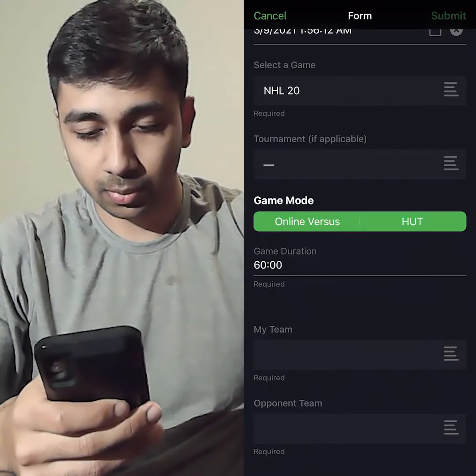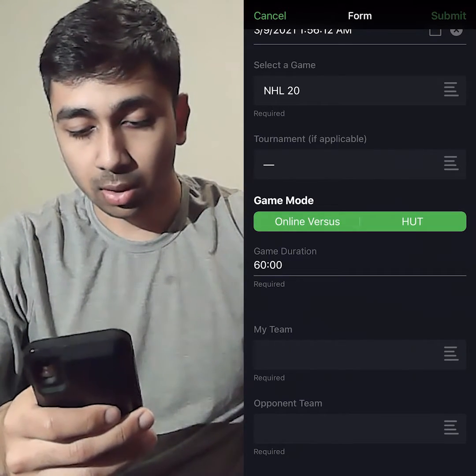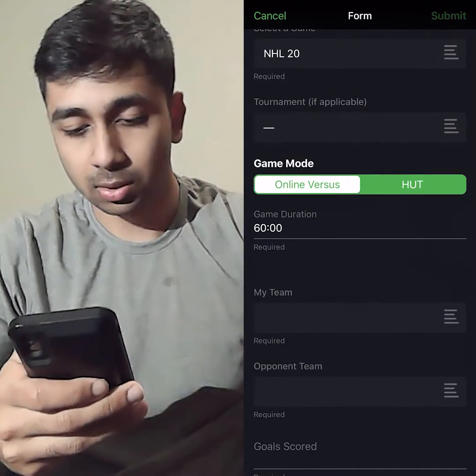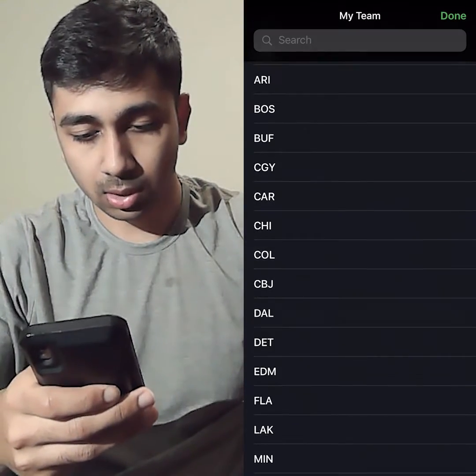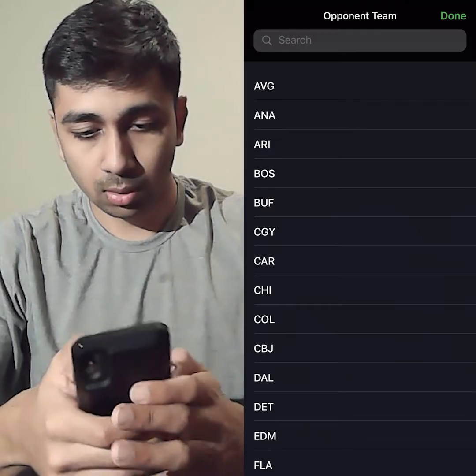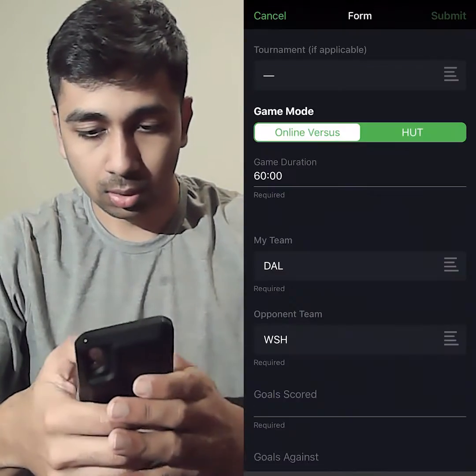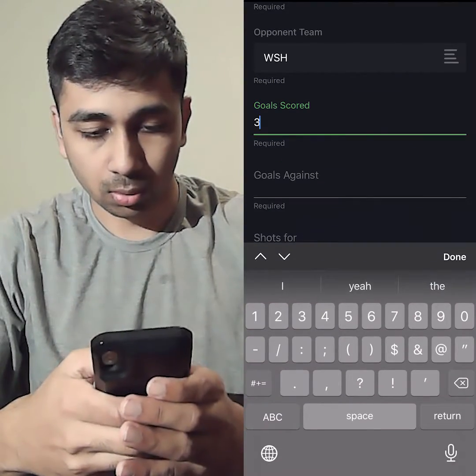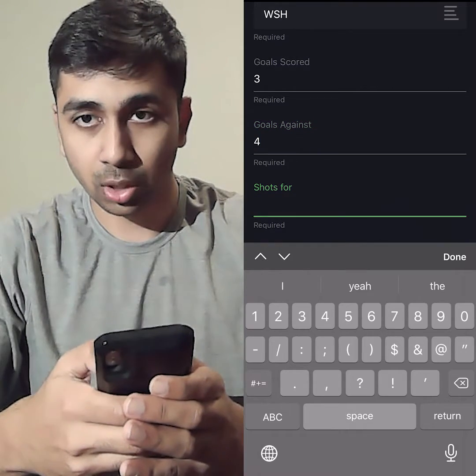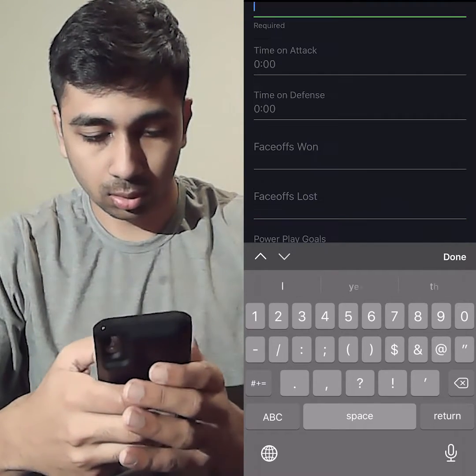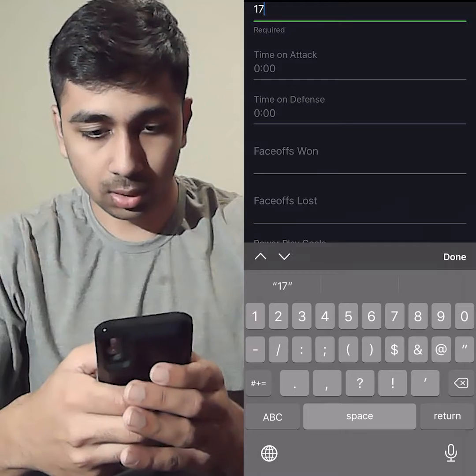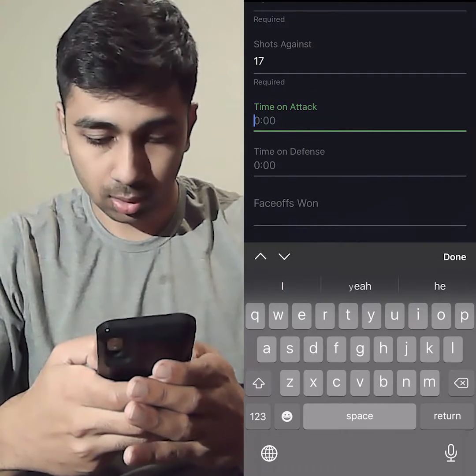The game mode is online versus. This is 60 minutes. My team, Dallas. Their team, we'll type in Washington. Goals scored. I scored 3. They scored 4. Shots 26. They put on 17. Time on attack